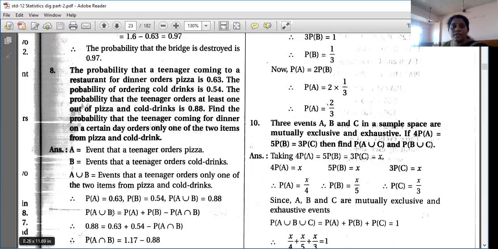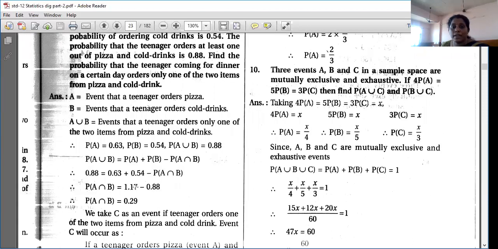So what I want to tell you is, in the question it is not necessary that according to the formula each and everything is given. If you have to find P of A union B, it is not necessary that P of A, P of B and P of A intersection B will be given. Values will be given in the question. Sometimes you have to find out whether it is A union B or A intersection B. That is the main important point, and there many students make mistakes. So be careful while finding A union B and A intersection B.